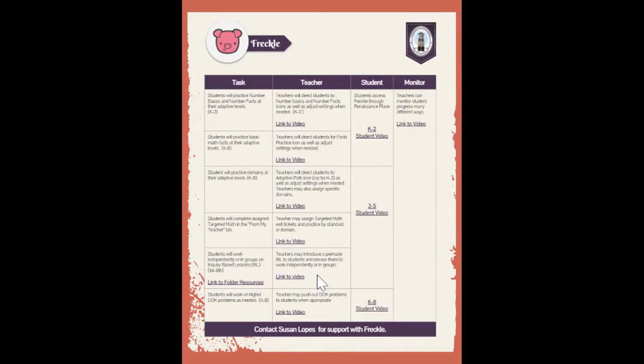Another task in Freckle that could be used for asynchronous is the inquiry-based lessons. Now, the inquiry-based lessons,